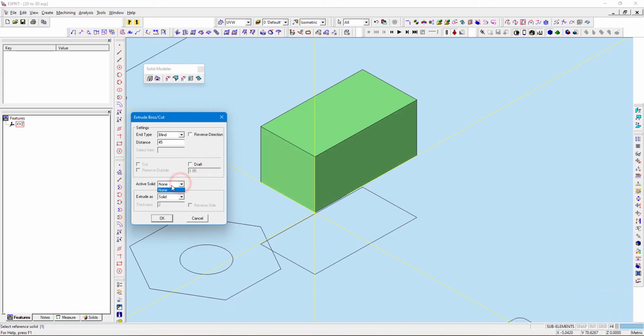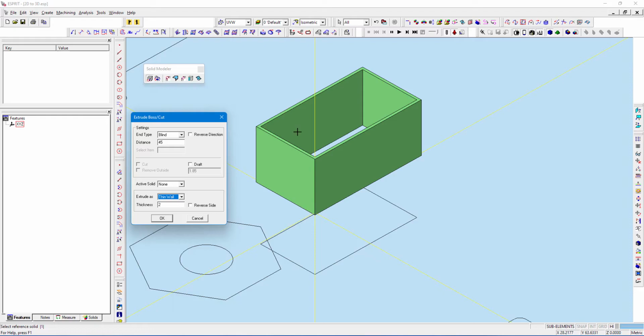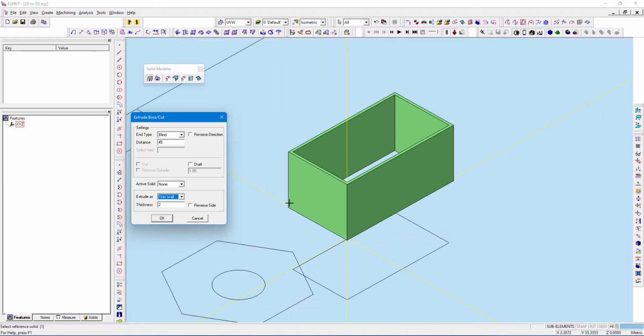And there is an active solid tab, which will be helpful for you in subtract and cut options. So we will see that. And next is extrude as. In this there are 2 types. This extrude is carried out either as thin wall, like sheet metals. If you want to work with that, you can just go with this, and you can give the thickness here. All the inputs which I am giving here are in mm. If you want, you can convert into inches as your default system. So I will just give 1.